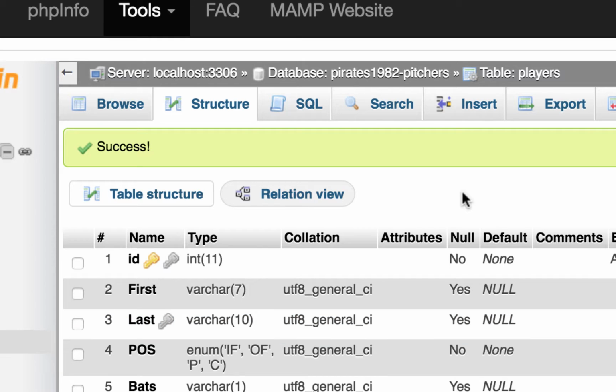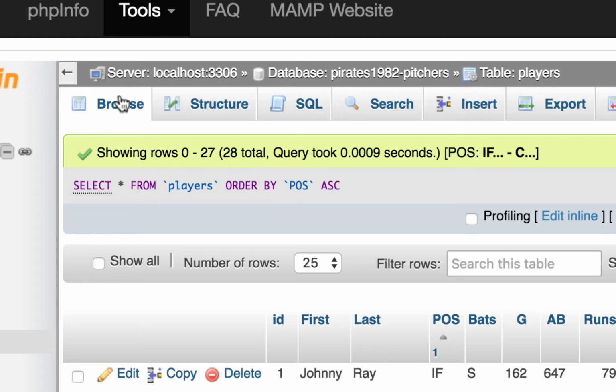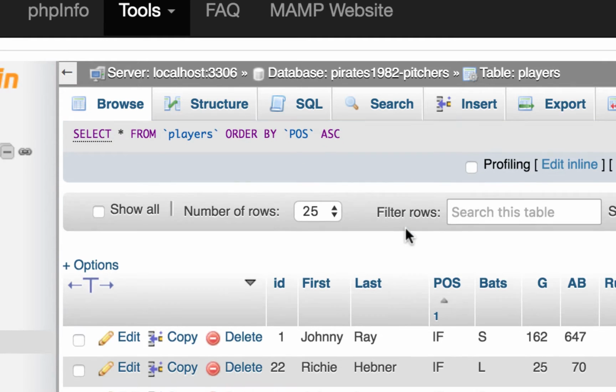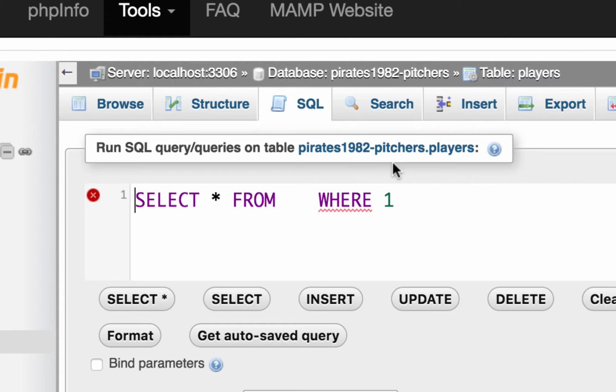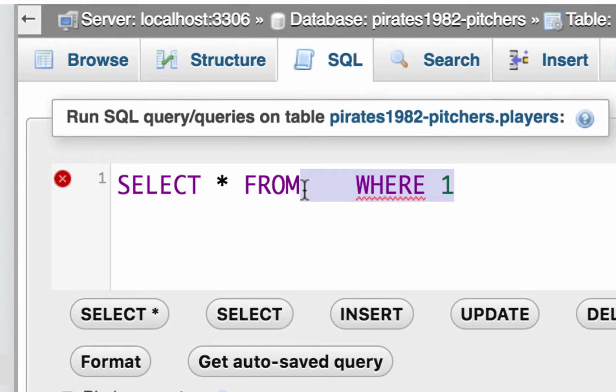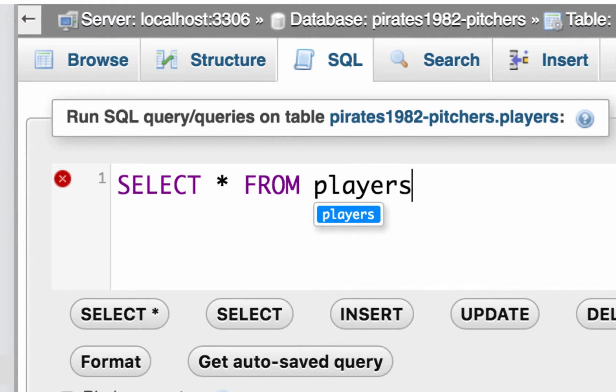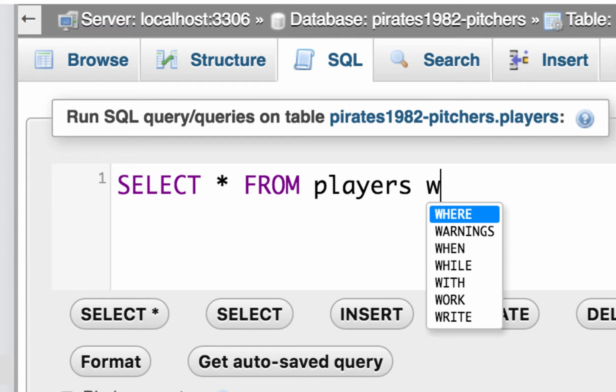Now another thing I want to do before we make our table yet is we're just going to browse our players table that we're in right now, and we'll just do a quick SQL query. And what we're going to do is just find how many pitchers out of this list are in there. So it'll give you a chance to just practice your query again. We're going to do a select all from, and we're going from the players because that's the only table we have right now. And we're going to say where,